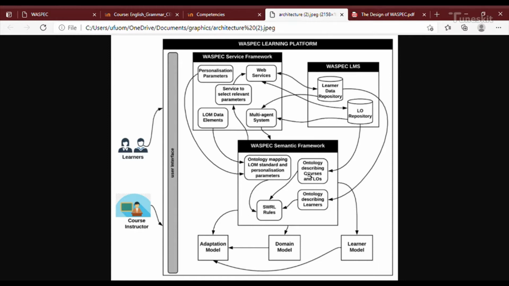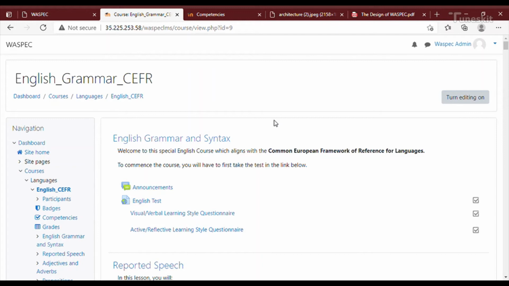Finally, we have a semantic framework that describes our domain, also defining relationships between users, courses, and personalization parameters in an ontology. The semantic framework serves as a standard means of sharing knowledge, and it also facilitates interoperability between different e-learning platforms. For the learning management system, we'll be using Moodle, which is a popular open source PHP e-learning framework